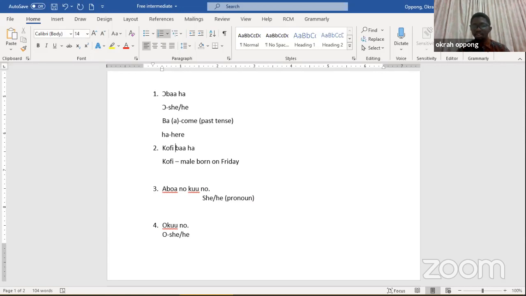When you look at example 3, we have a pronoun in there, but it's not combined with a verb because the pronoun is not the subject. By that I mean that it doesn't begin the sentence. The pronoun here is the object. So in 3, I have abua no kunu. Abua means animal. Then we have no, which is the definite. So the English translation will be the animal killed